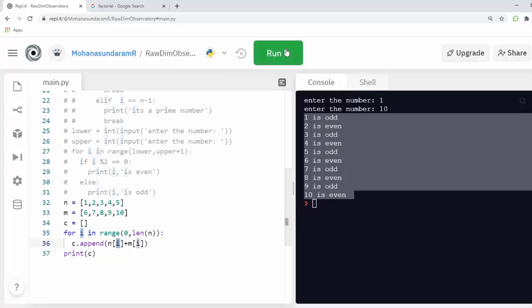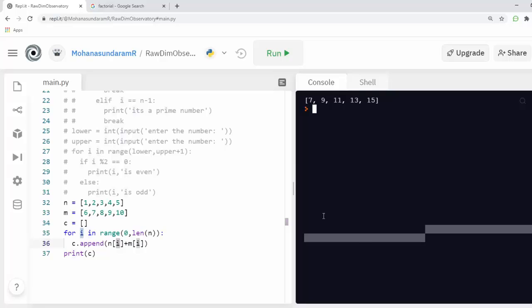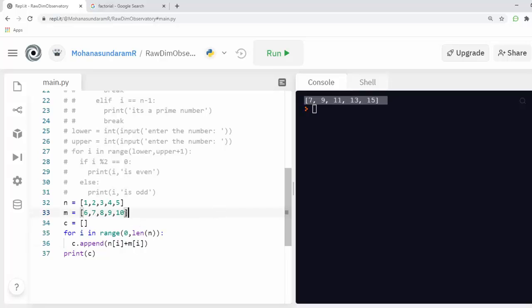If I run this code, we see that we add 6 plus 1 would be 7, 2 plus 7 would be 9. Like that, in parallel we add and get the output. What if we have a higher value? For example, if I give another value in the m variable, it will probably not calculate. It will stop only at the length of n, and after this it will not be executed. What if I had another number here?